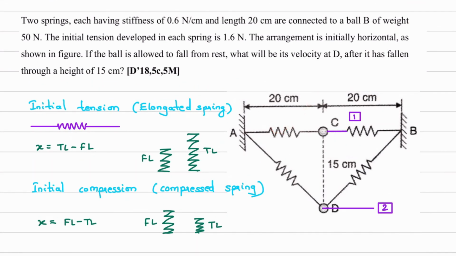Now as I told you before, one more variation could be in this numerical: both the springs are initially under tension, both the springs could be initially under compression as well, or whatever the given length is could be the free length of the spring as well. So if the given length is the free length, x1 will be 0. You have to only calculate x2. So with this we have completed the numericals of the work energy principle. We will stop over here.